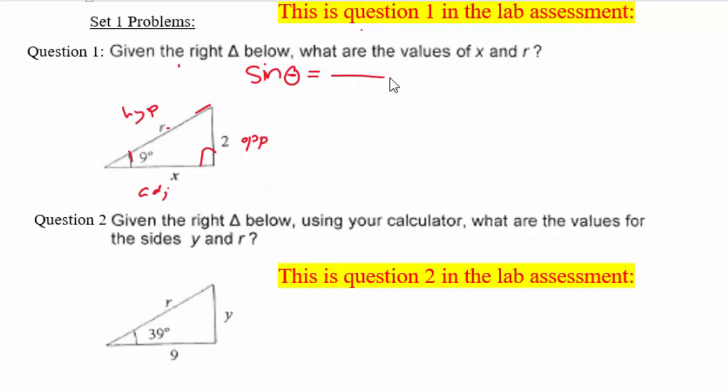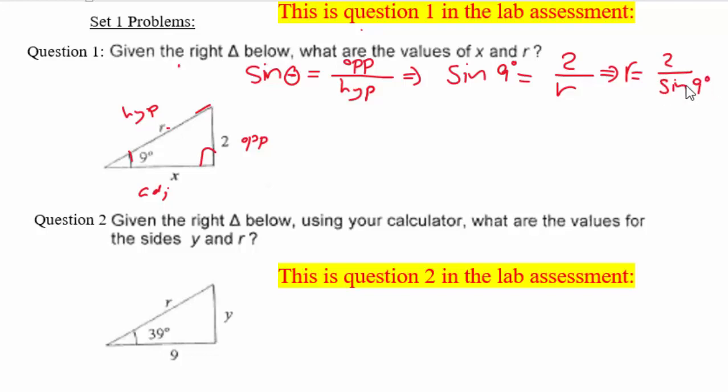is equal to the opposite over the hypotenuse. So here the angle is 9 degrees, so it's sine 9 degrees equal to the opposite, which is 2, over the hypotenuse, which is r. And now we can go ahead and solve for r. So r will be 2 over sine